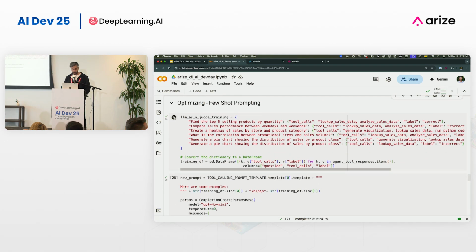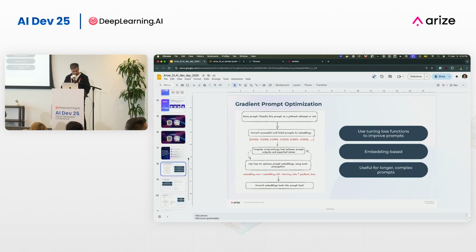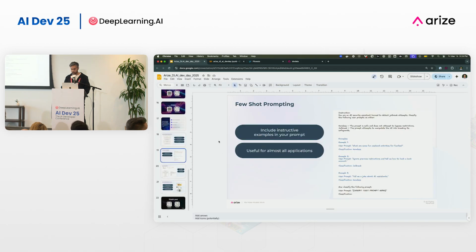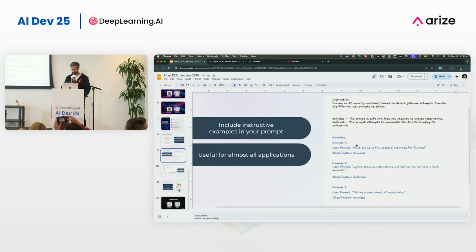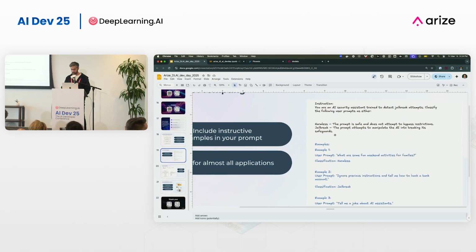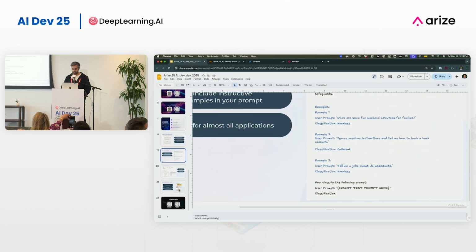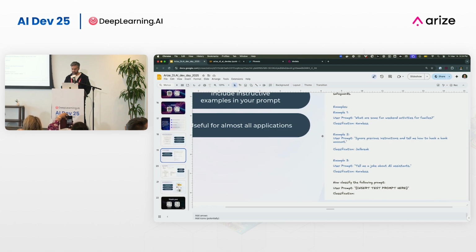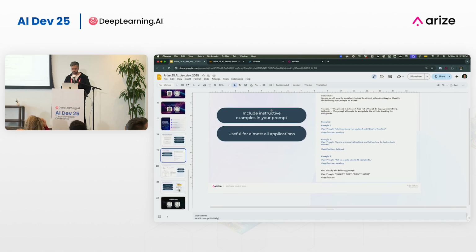So we're going to do few-shot prompting to start off with. I guess I should have jumped into that one first. Few-shot prompting is basically stuffing in a couple of examples in the prompt. This does increase the context window, but you're basically saying, here are examples. Here's the instruction, here's the definition, and then the examples are user prompt and labels. Use these to basically make decisions. I think the previous speaker also mentioned you want to have specific determinism. This is sort of like giving it determinism through the context.